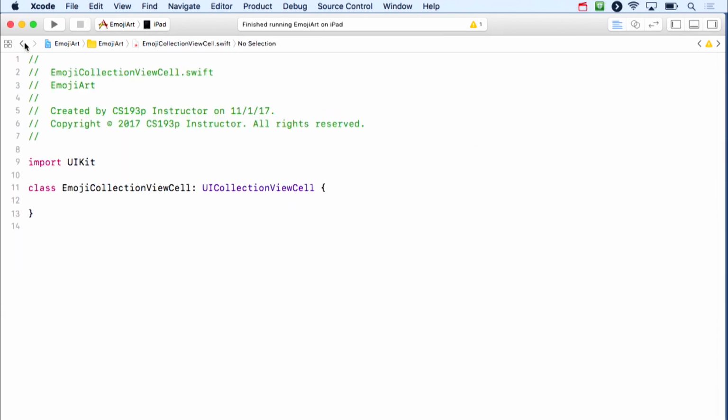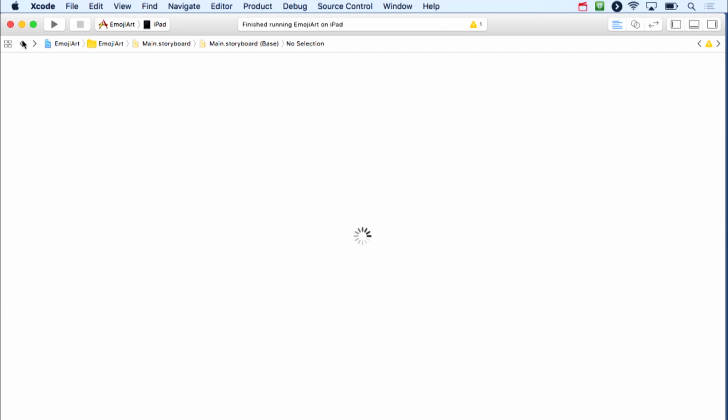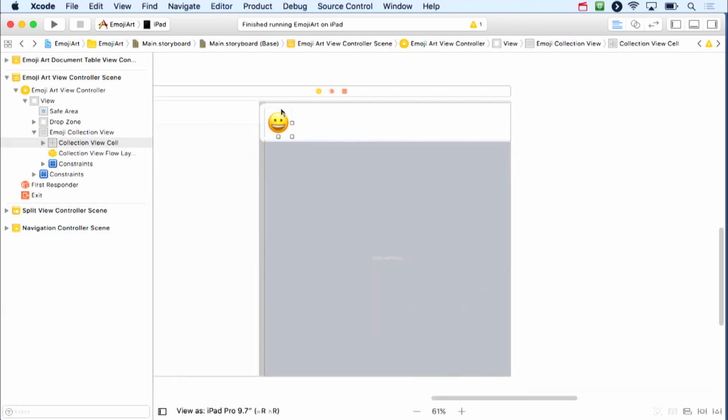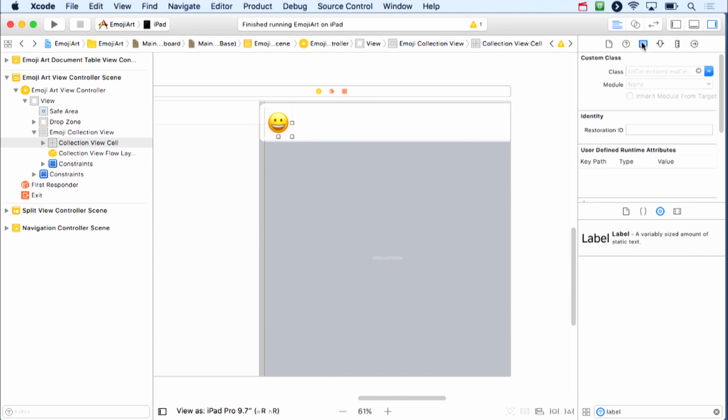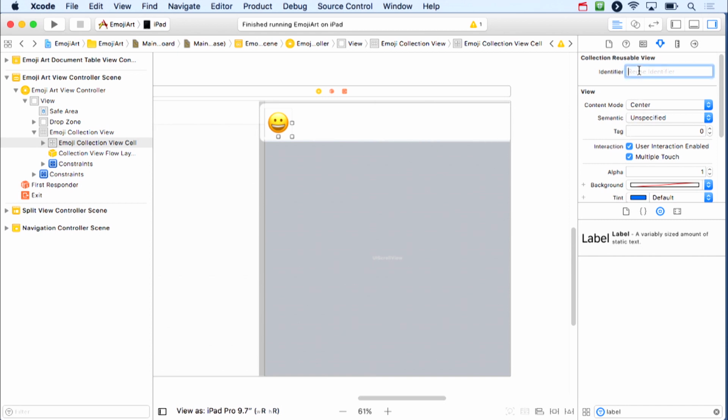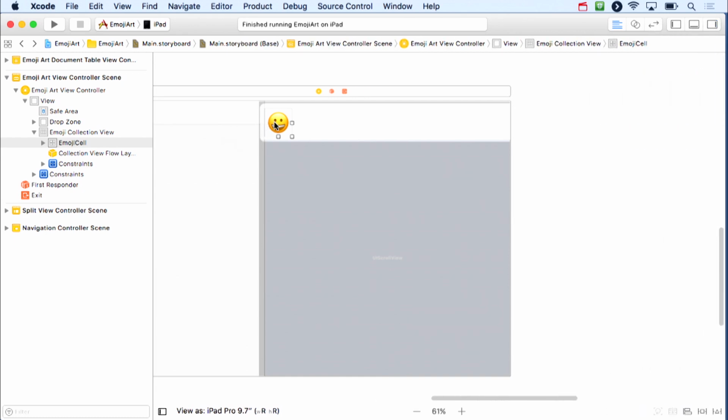Okay, I'm going to immediately go to my storyboard. Where's my storyboard? Here it is. And I'm going to inspect this cell. And I'm going to set its reuse identifier to emoji cell. That was the thing I dequeue whatever the reusable cell with. And I'm going to set its identity to be an emoji collection view cell. All right? So this cell is of type my subclass. And its identifier of this cell, oh, didn't I type that in there? Emoji cell. That's its type. Okay? All right, so now that we have this,